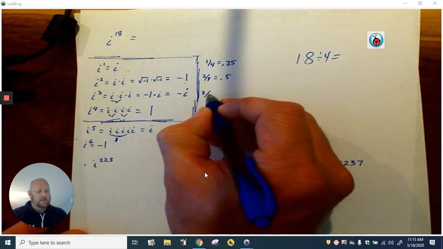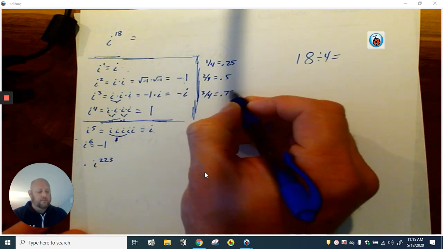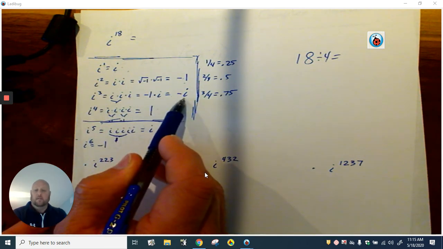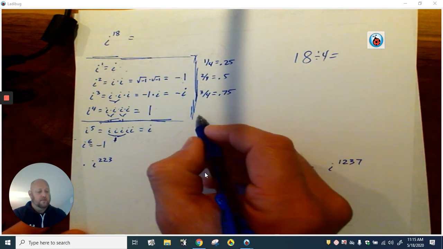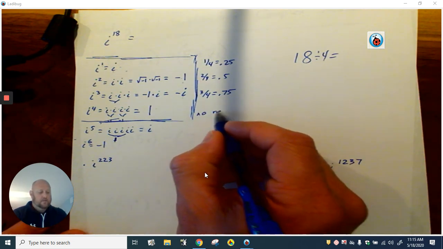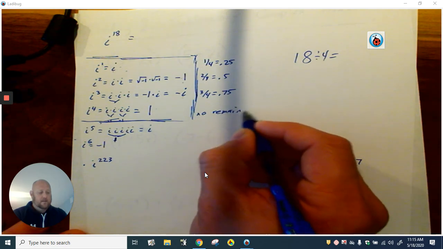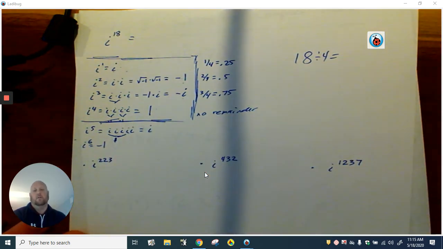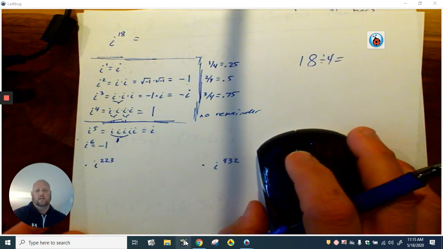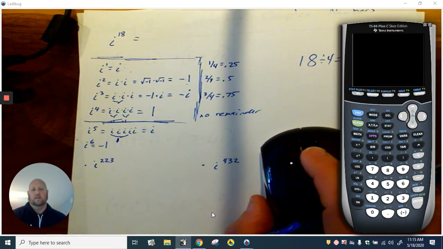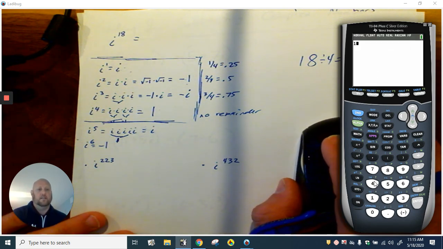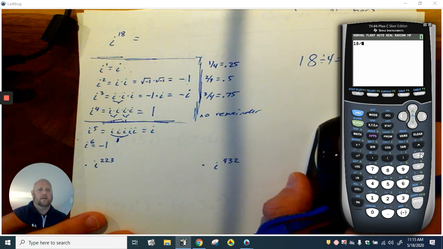If you see a remainder of 3/4, or 0.75, you have a remainder of 3. That means the answer is -i. And if you have no remainder, goes in 4 out of 4 times, okay, then the answer is just going to be 1. So there's a very, very easy way to do these. You just grab any basic calculator and just divide the exponent. So 18 divided by 4